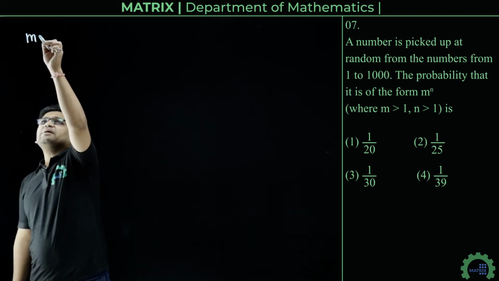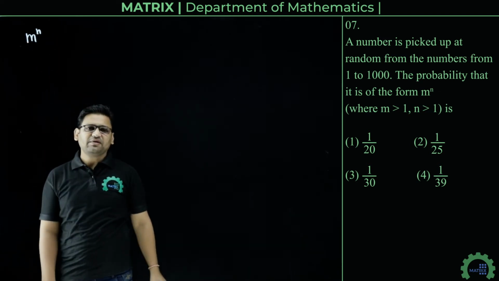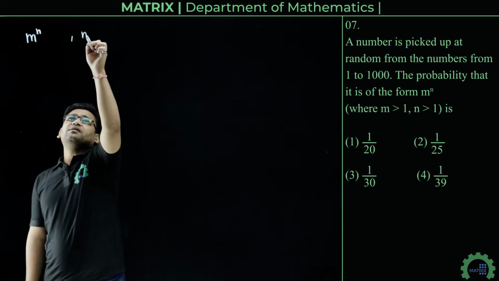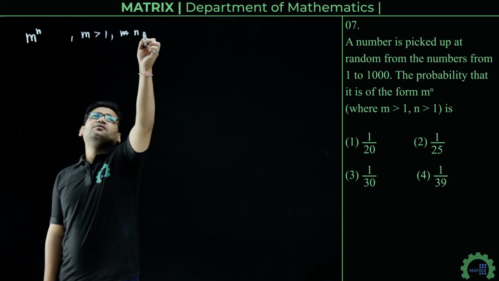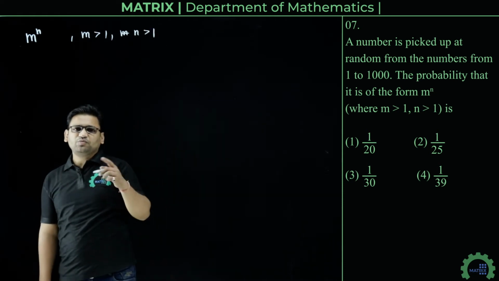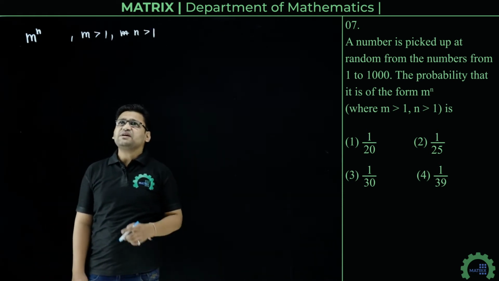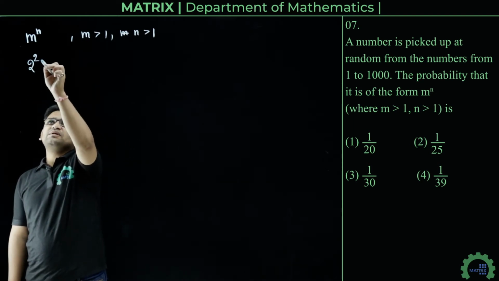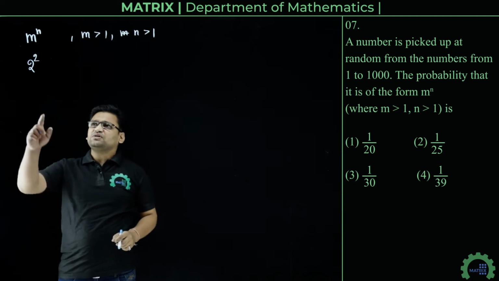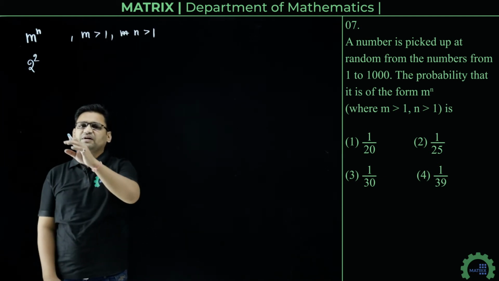We have to find the probability that the number is of the form m raised to power n, where m and n both are greater than 1 and both belong to integers. So first case will be 2 raised to power 2. We cannot take 1. So starting with the number 2 raised to power 2, we will count the total number